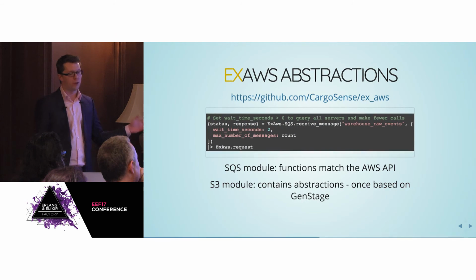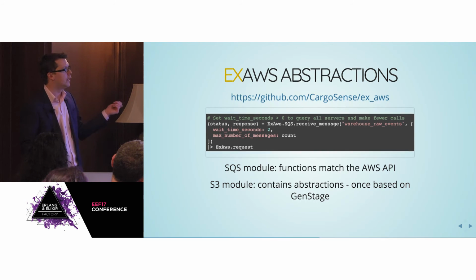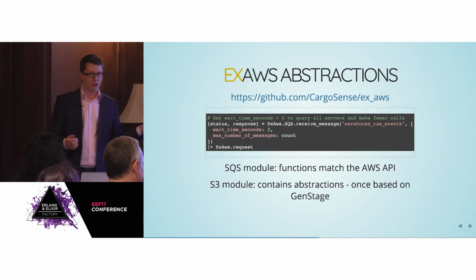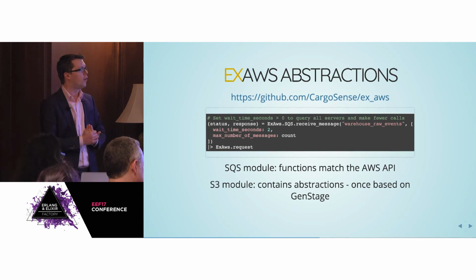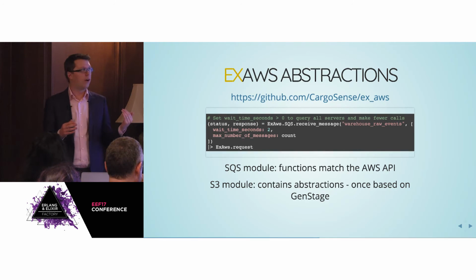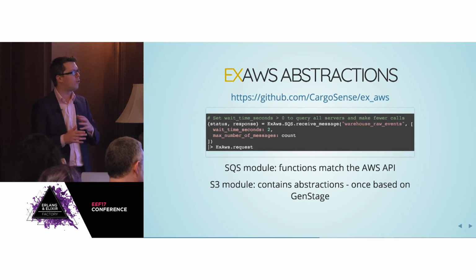In contrast, when I built it in Elixir and used the ExAws library, they don't provide any higher-level abstractions for working with SQS. So I was forced to use the functions directly, and in doing so I really had to understand how SQS works. I didn't know anything about the visibility timeout before I started working with this. And I really had to understand how OTP works, how the messages are being passed around, starting tasks, and dealing with asynchronous processes in much more depth than I would have otherwise.